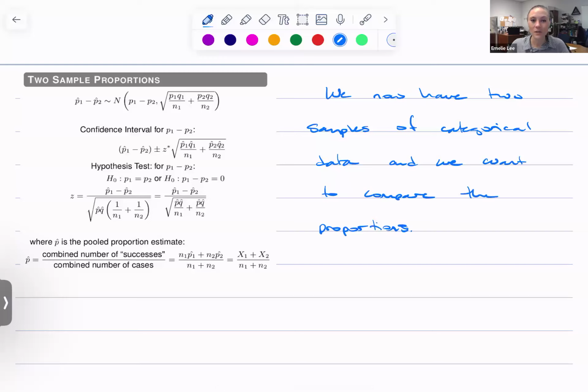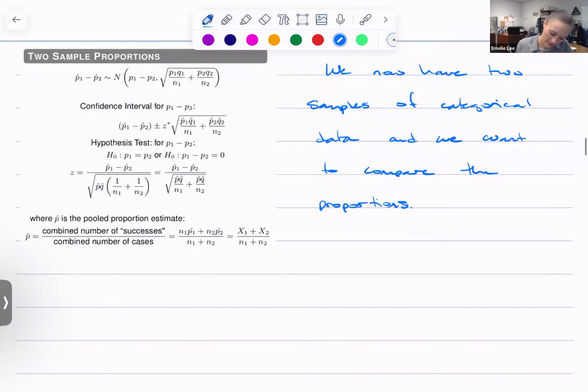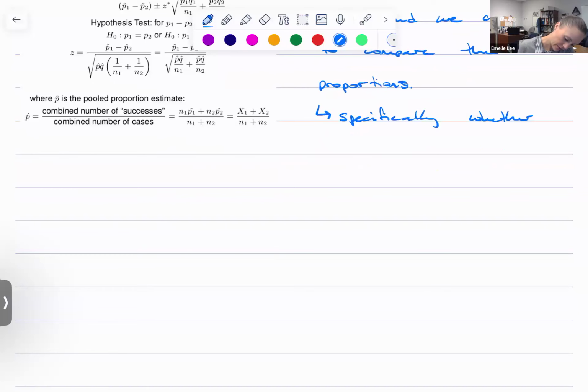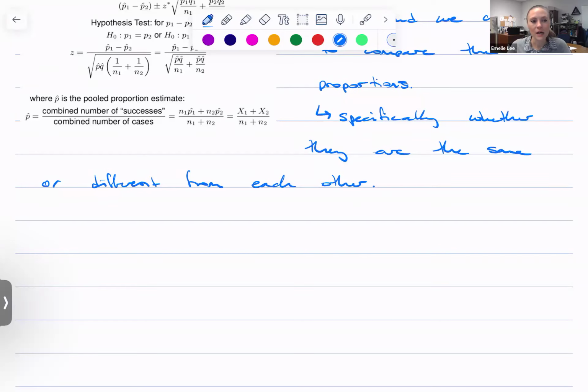Specifically, what we want to know is whether they are different from each other. Whether they are the same or different from each other. Yeah. So now what's going to happen is we have information from both